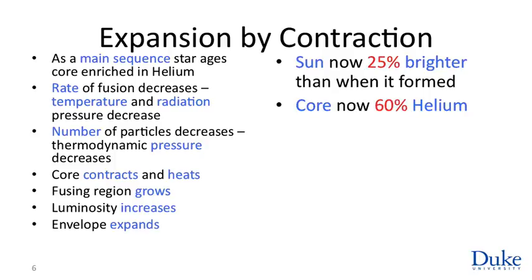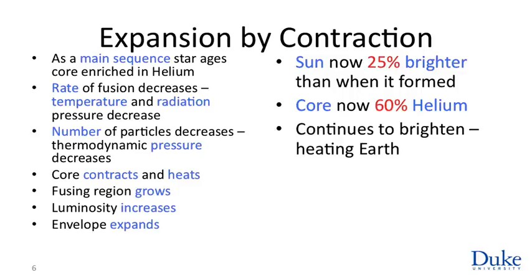Moreover, we can run our simulations, and the core of the sun is now 60% helium. When I said it's depleted in hydrogen, I meant that. Of course, there are regions outside the core that are beginning to fuse as new clean hydrogen, untainted by helium, is compressed to the densities and temperatures where it too can begin to fuse, which is why the sun has a larger luminosity now. It's going to continue to brighten over the next 5 billion years, making Earth warmer and warmer,